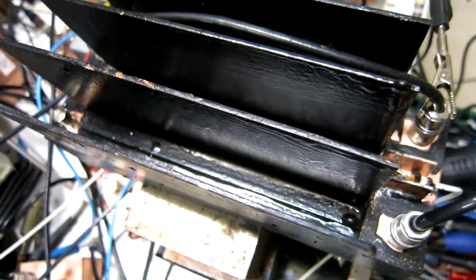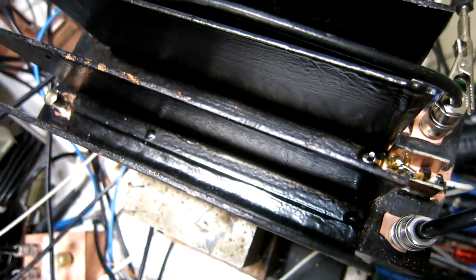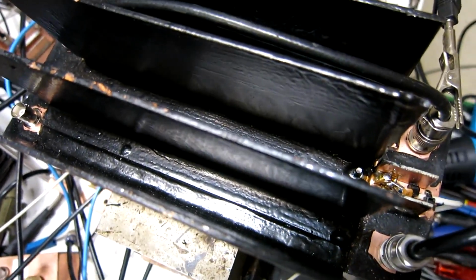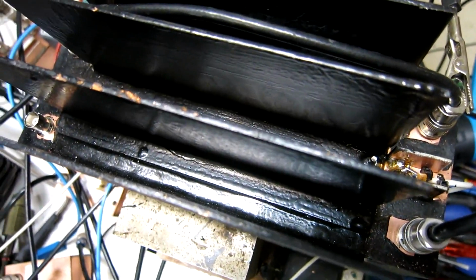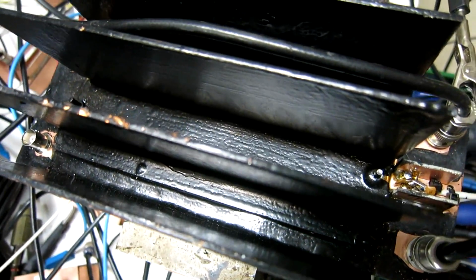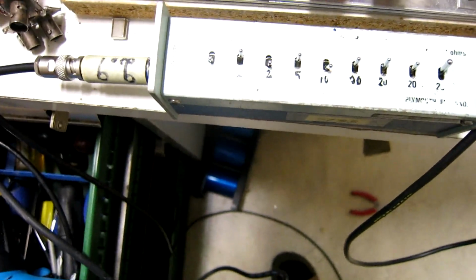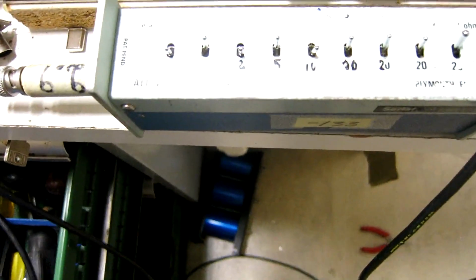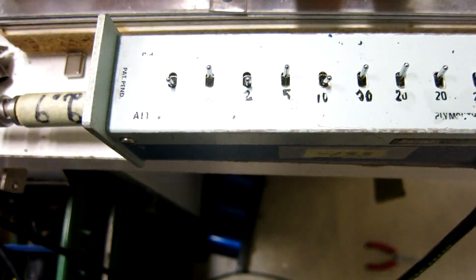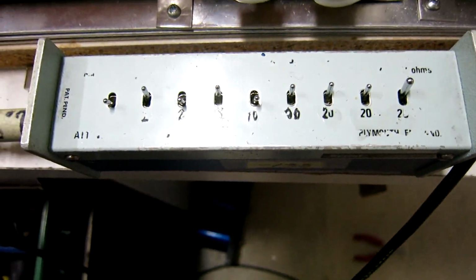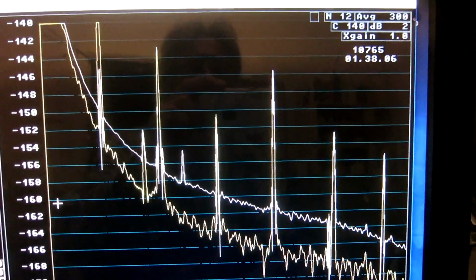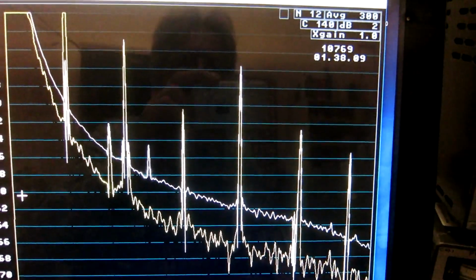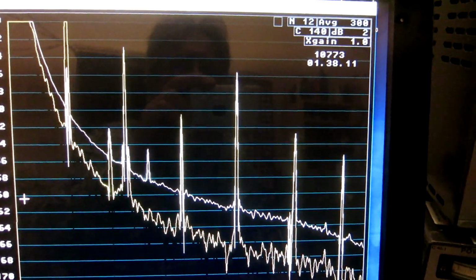Now I'm looking at this oscillator. It gives about 1 watt. It has 20 crystals in parallel and it's my own odd design. It's attenuated by 16 dB, first 3 dB here and then 13 more dB from this attenuator. Here is the signal analyzer graph after 1 hour and 38 minutes,